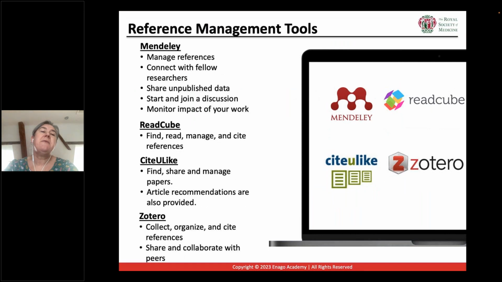And also reference management tools, which I'm sure you're very much aware of. There's a range of them, and they help you again with promoting your own work, building your libraries, connecting, collaborating, and so forth. I think again, anything which hopefully will save you some time and enable you to be organised, which then enables you to be helpful when people are asking questions or trying to find things, again helps with building your standing in your area.